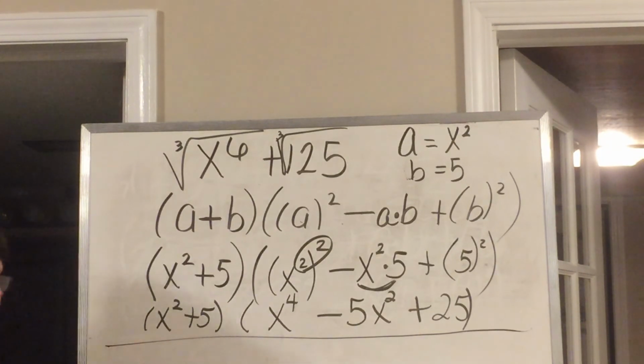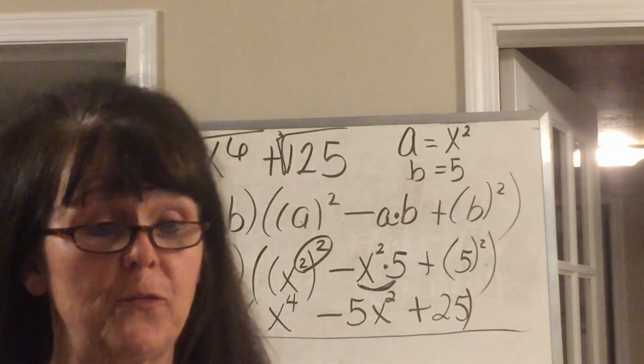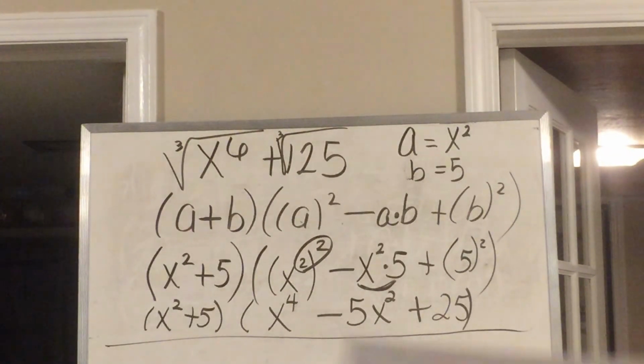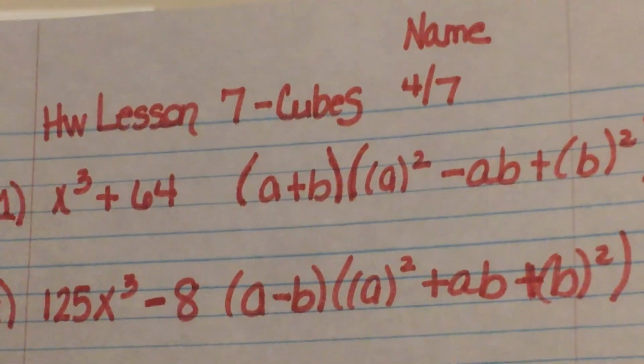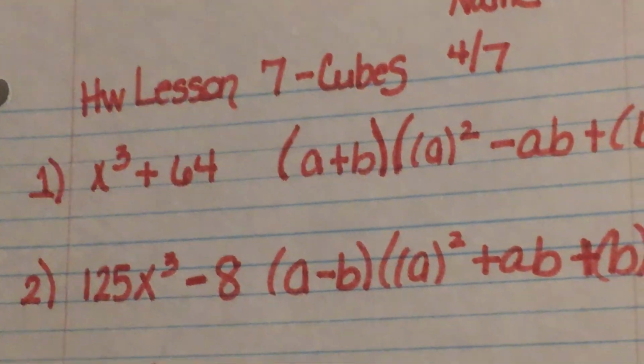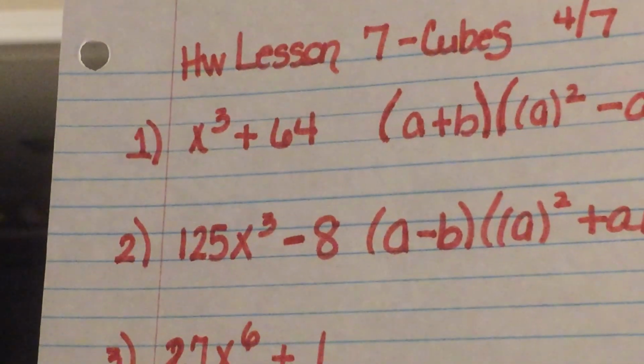Now, I've got 4 problems for you. So send this to my phone number. Put your name on it. Date it for 4/7, no matter what day you do this. We're factoring